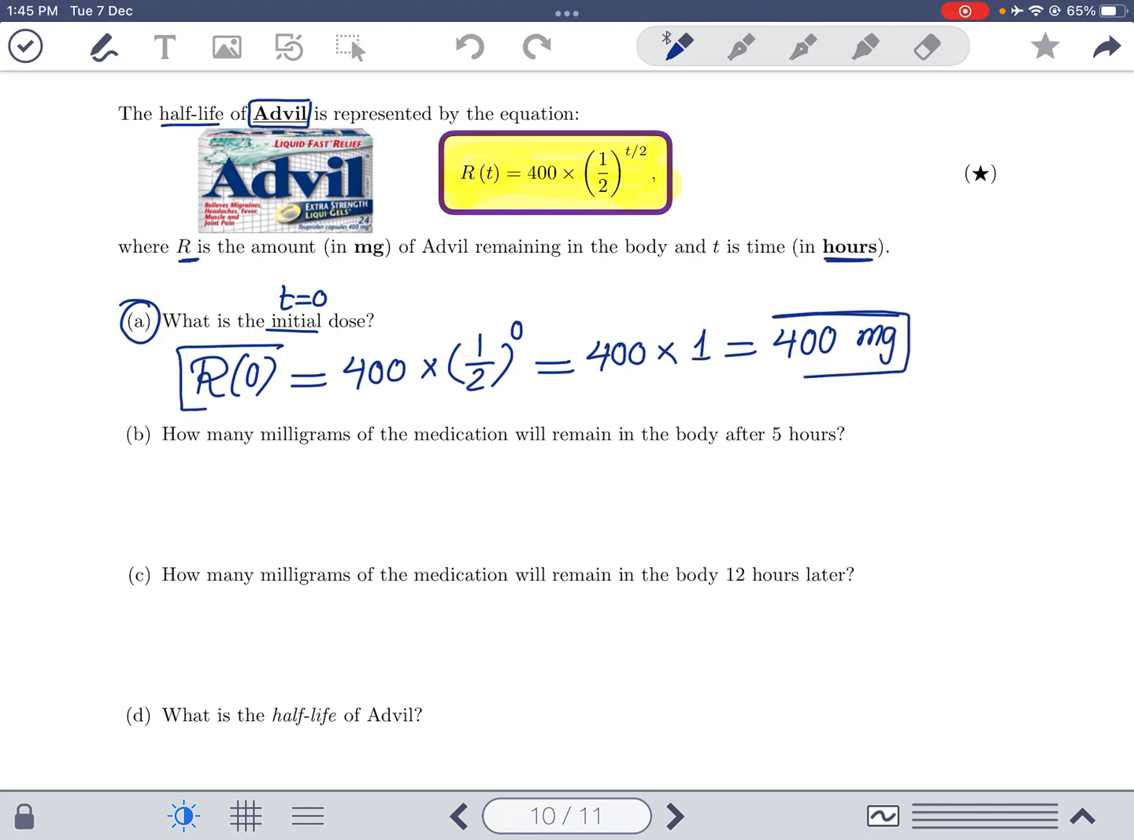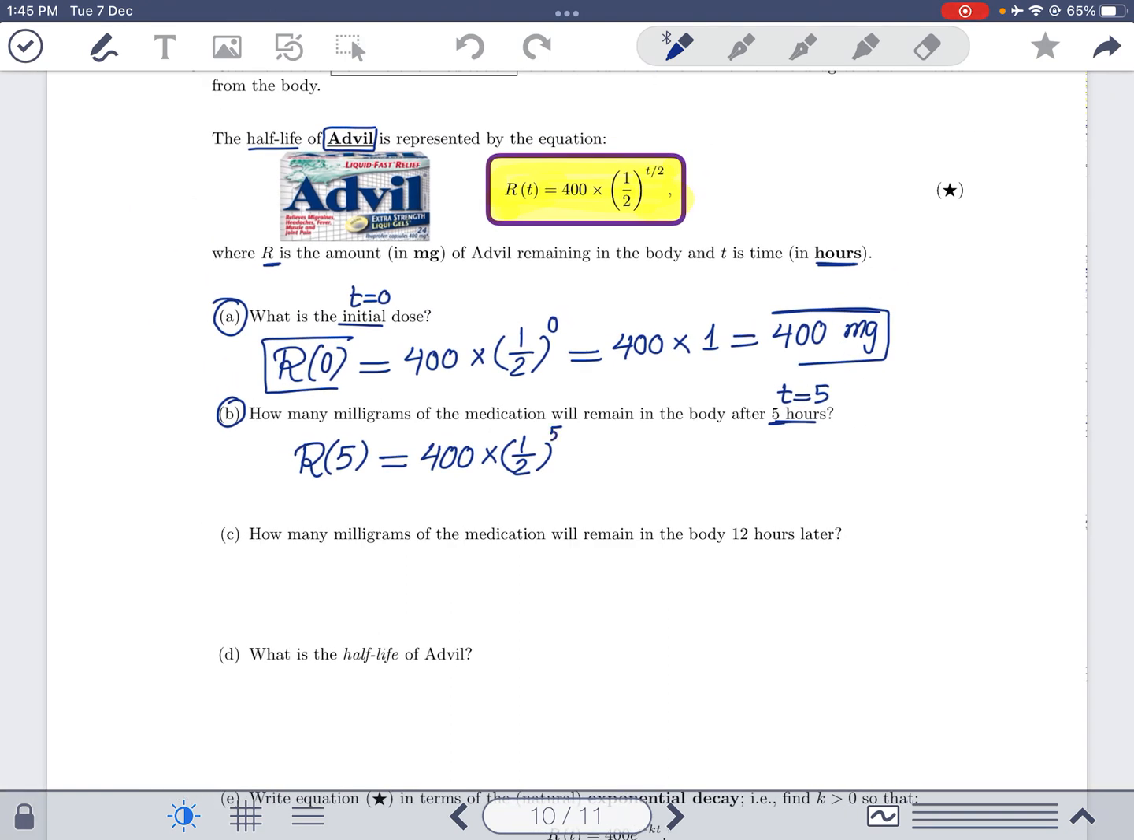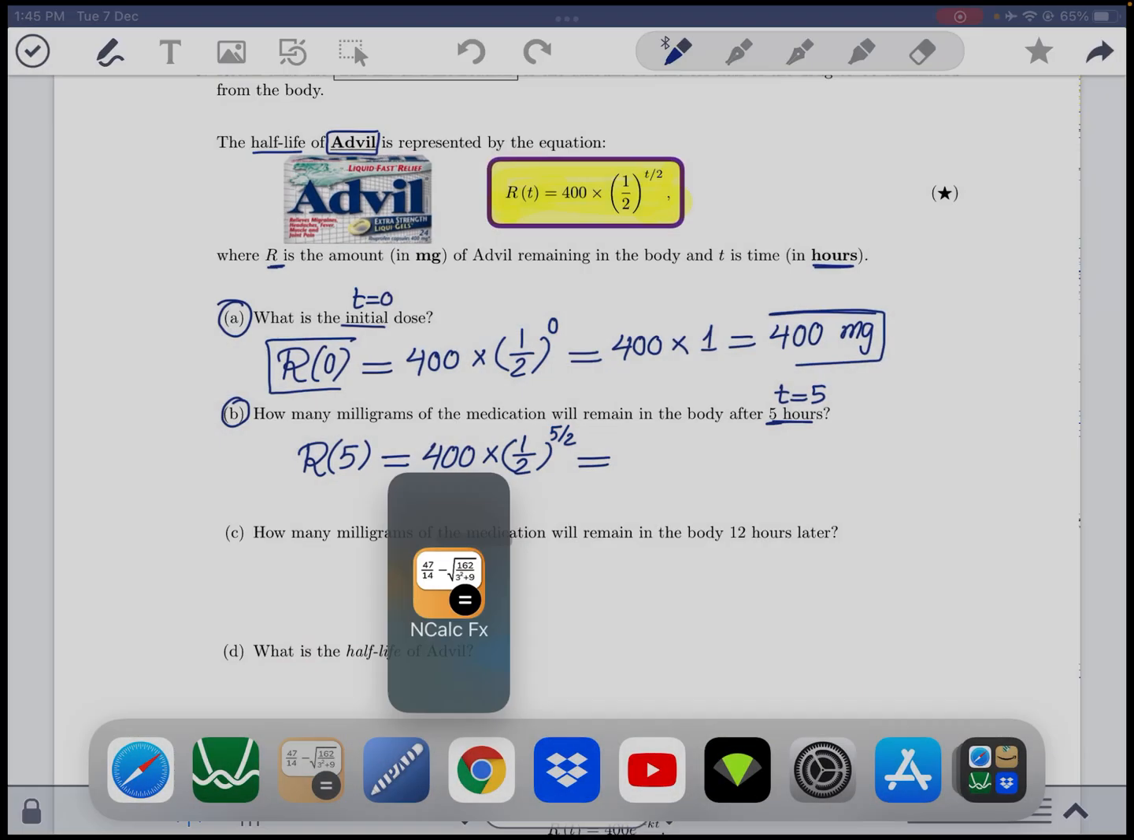That's the initial dose. Now part B, it asks you, how many milligrams of the medication will remain in the body after 5 hours? So this is t equal 5. What happens? How much is remaining R after 5 hours? This is how you do it. And you use the formula, 400 times half to the power 5 over 2, which is, and now we use the calculator,